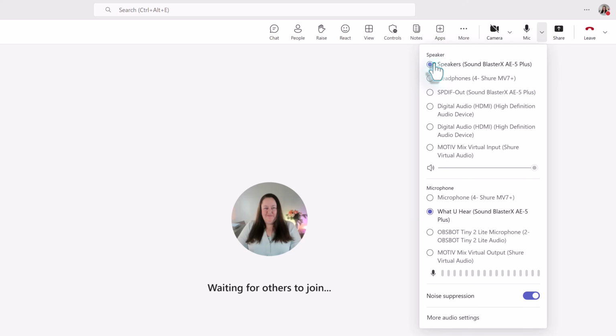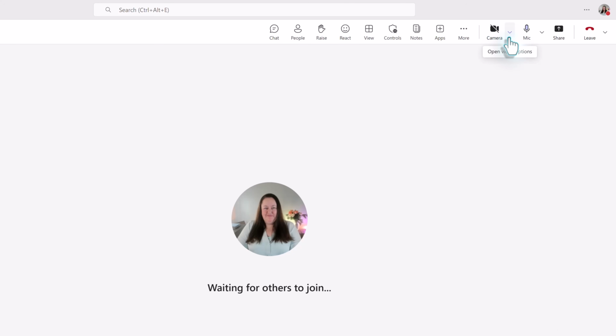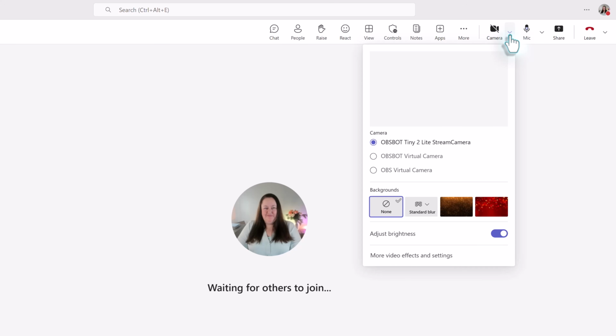Now, if we go further down the menu and look at the microphone settings, for some reason, Teams thinks that my microphone is in my monitor and it's not. So instead, I'm going to select my web camera. And now that I've done that, you can see with the audio visualization bar that Teams is now registering sound from my microphone. To adjust the camera, you can go one icon to the left and click the drop down,